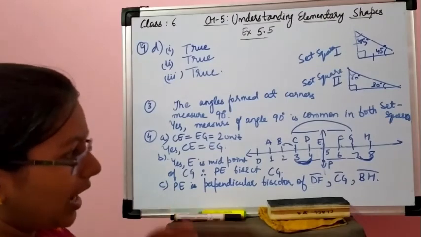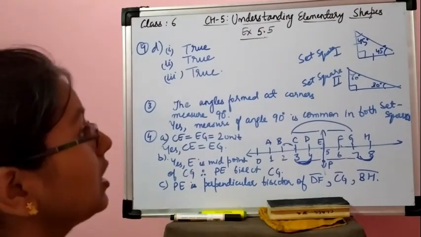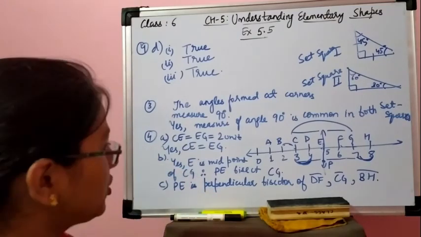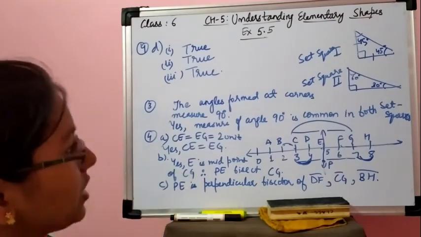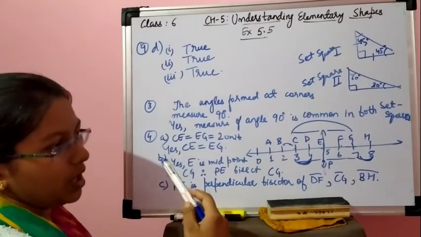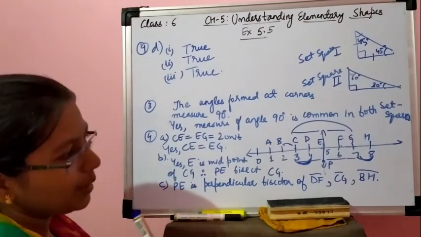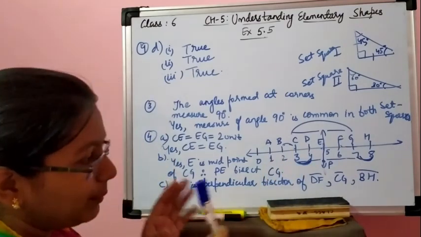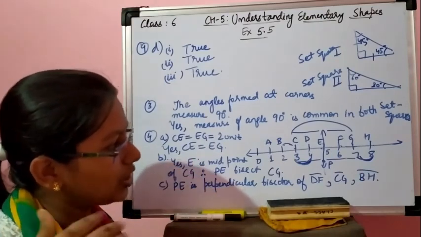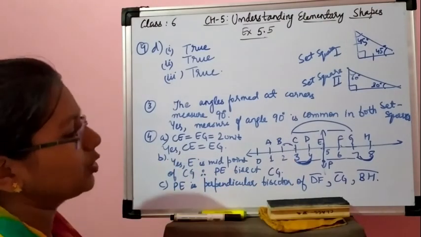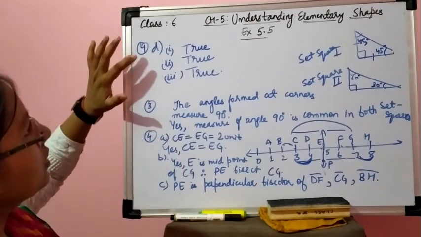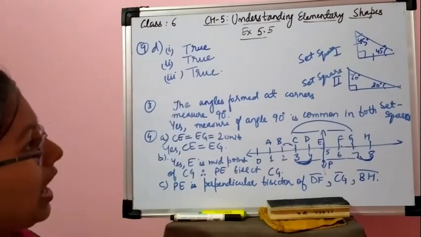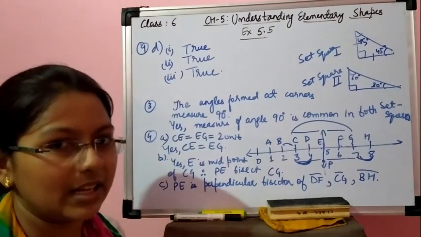So in this way, I think you all have understood how we can use the concept of perpendicular and perpendicular bisector while doing our questions. And this 4th one was the most important question, which you have to see again and again to understand it in a better way. When you start putting your fingers on the points, and then you are able to analyze the shape in your mind, then you will be able to answer the questions easily. So you can complete this exercise 5.5 as per your understanding, and the next topic we will start in our next class. Thank you, students.